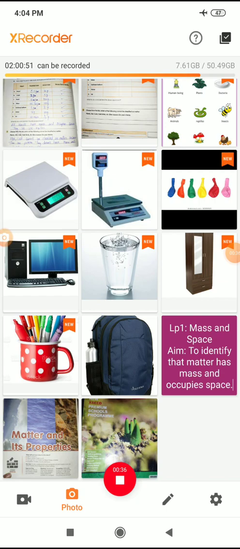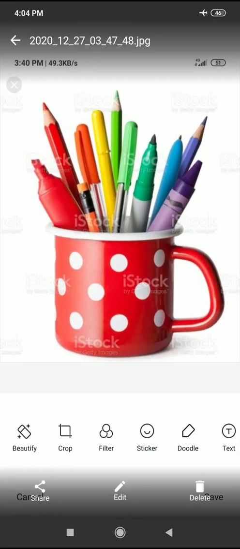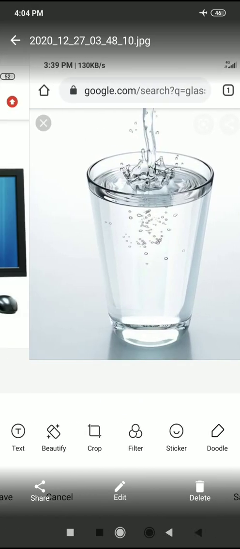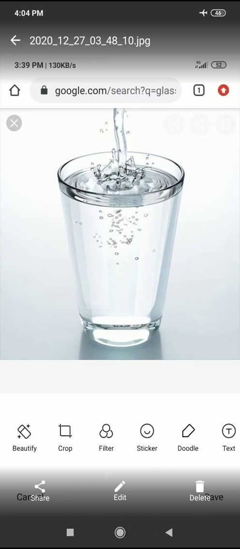So students, now where you are sitting, just see around you and name a few things that you can see around you. You can write in your classwork, right? So now what I am seeing, some of the objects around me, those are bag, pen and pencils, a cupboard, glass of water, my computer, and a few balloons, right? And these are the things that I can see around me.